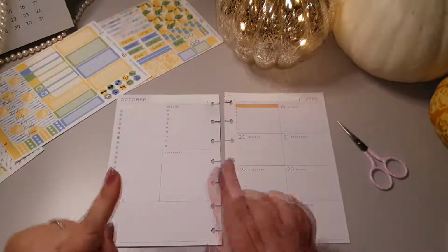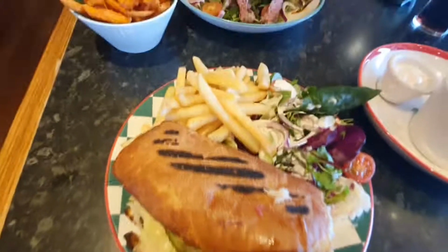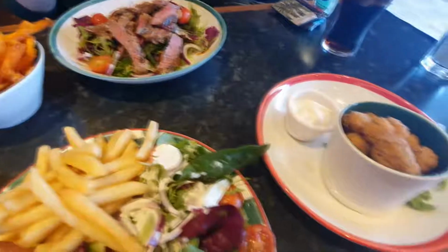Mention that we also went and had a cheeky little lunch. Look at that sub. I know, that's huge. Look at your steak. And this is